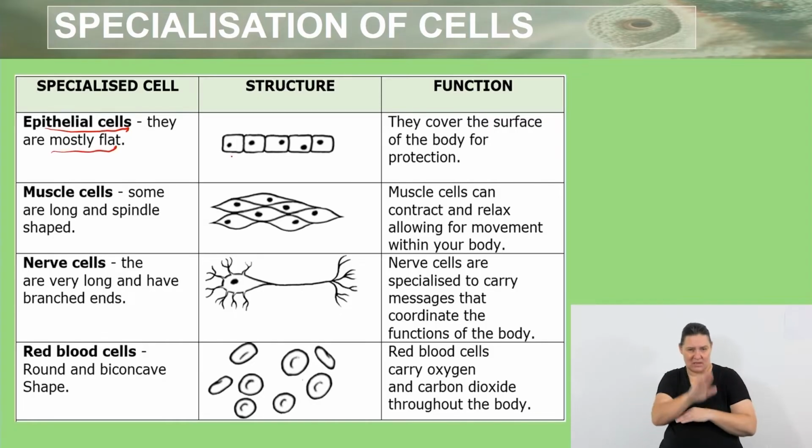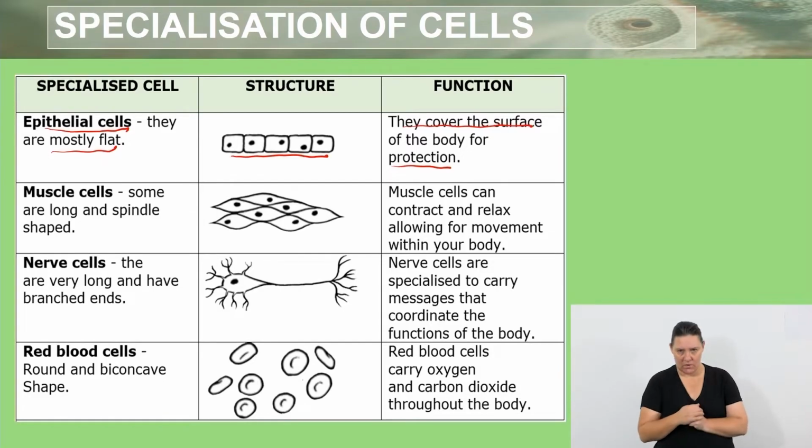As you can see on this picture, they are almost rectangular. They are in a straight line because they are flat. So what is their function? They cover the surface of your body for protection. So that is what epithelial cells are responsible for. We normally find them on the surface of organs and also your body because they need to cover it for